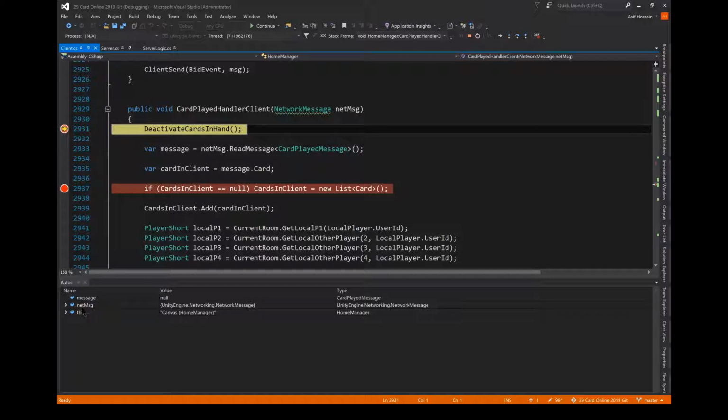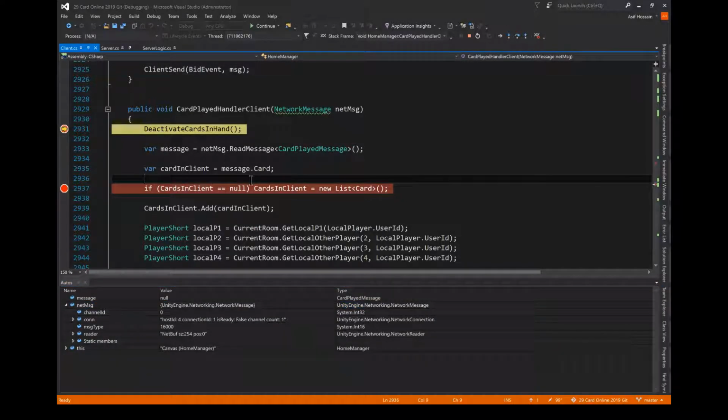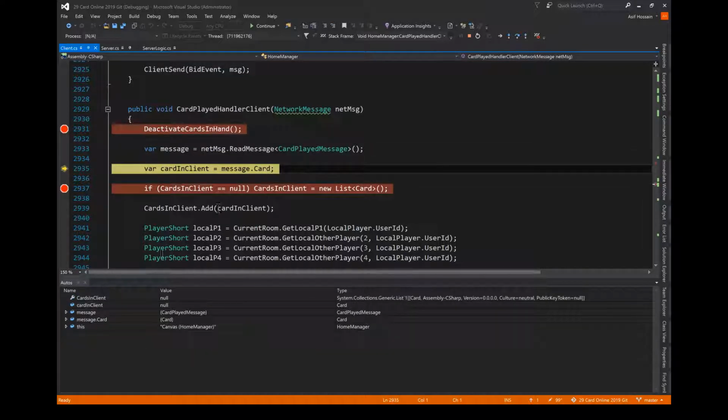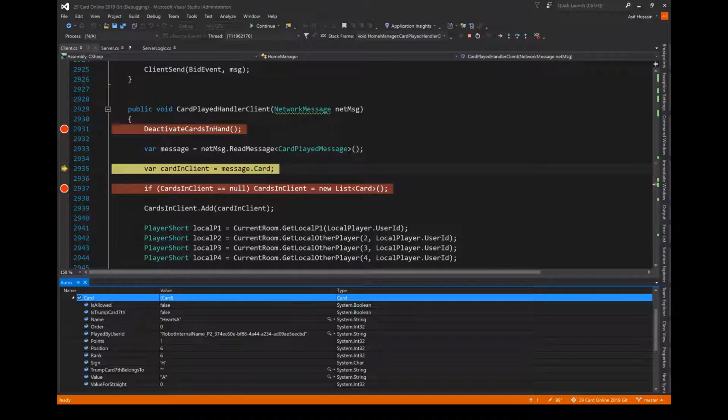It received the message, and it has arrived as a network message, and then we need to cast it back from the network message to our custom message, which is card played message. If I continue, now we can see in the message that it is cast back to card played message, it has a card, and the card name is hearts A